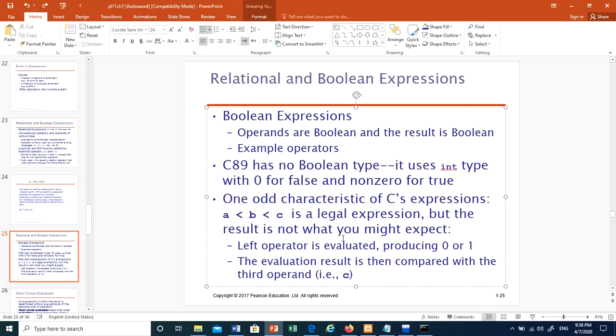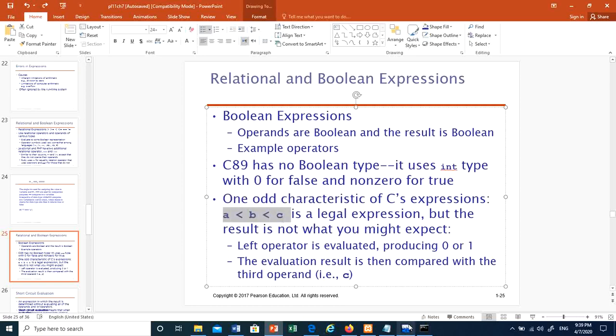So how is it evaluated? It is evaluated from left to right. That means these two will be evaluated first. If the result is true, then it will be assigned the number 1. True means 1. Then number 1 will be compared to c. We see the value of c. What is it? If c is 5, for example, and this is 1, then 1 is less than 5,